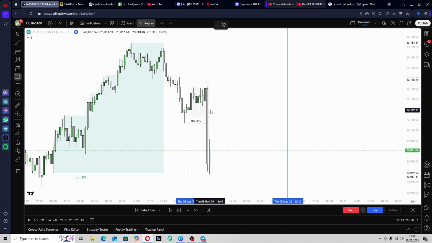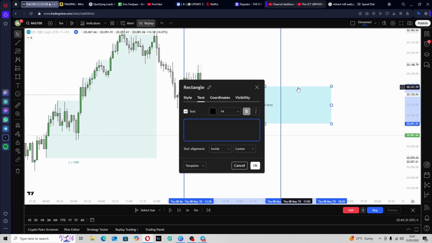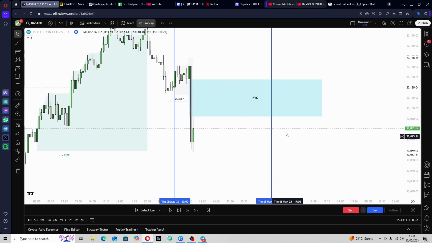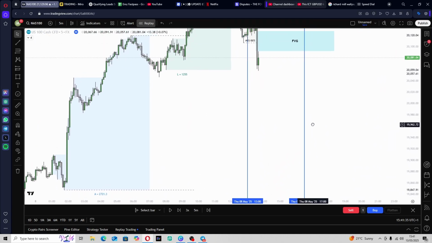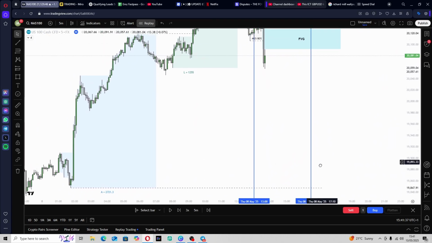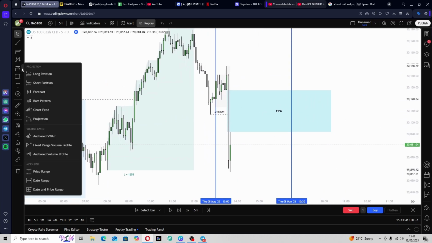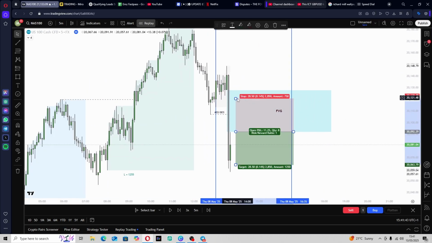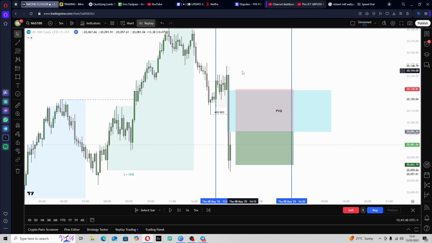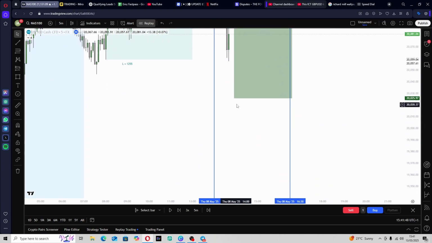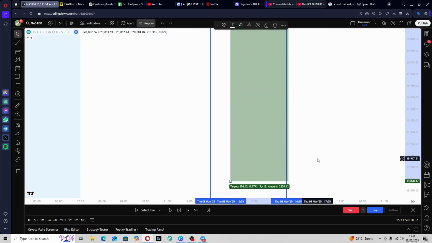But anyway, all I'm going to be doing now is marking out my fair value gap, which would be from here to here. Okay, it's a very, very big FVG, but that doesn't matter, because we know price will actually go all the way back down to sweep all of this Asian session's lows, which I'm going to keep all the way down here so you can actually see it sweep it at the end, right? All I'm going to be doing now is placing my short position right here, placing my stop loss just at the top of the fair value gap, placing my take profit at a 1 to 3 risk to reward ratio, right? Going to be placing it all the way at the